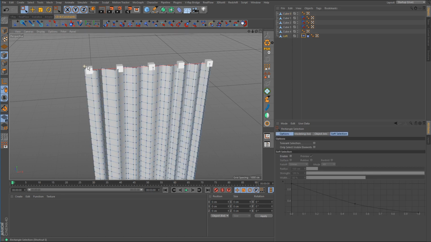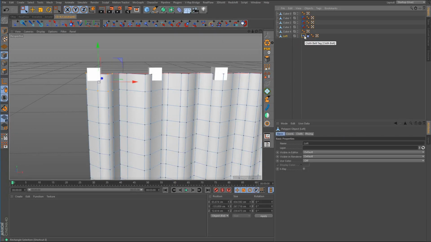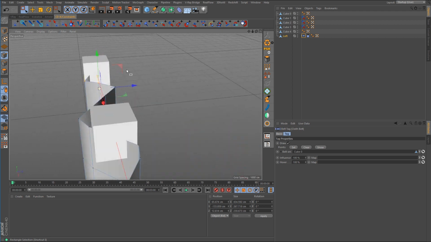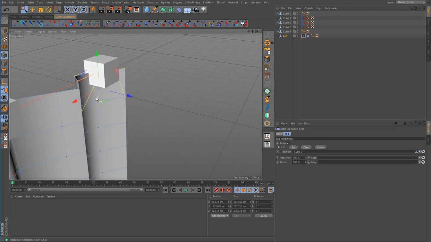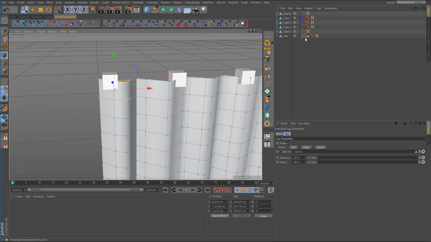And what we want to do is select some points. So I'm going to select those points there. I'm going to click back on the belt tag, and I'm going to click on Set. And you can see some yellow lines popping up, and that tells us that now those points are set to that cube. So now if we wanted, we could just control click and drag over to duplicate that belt, and